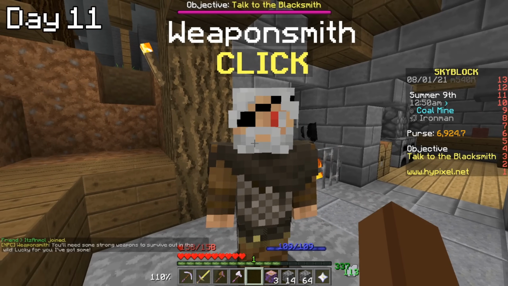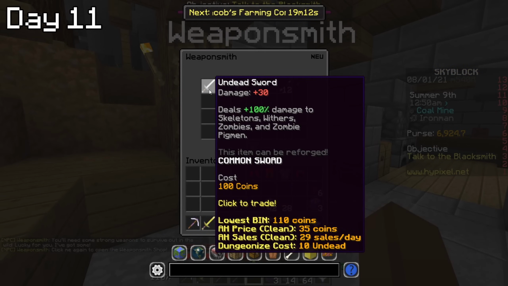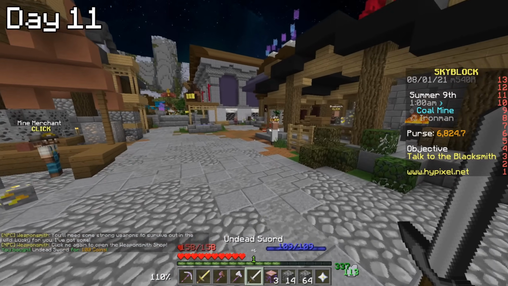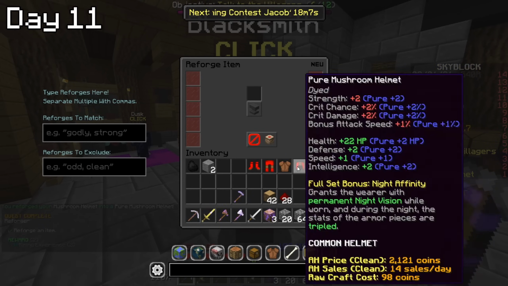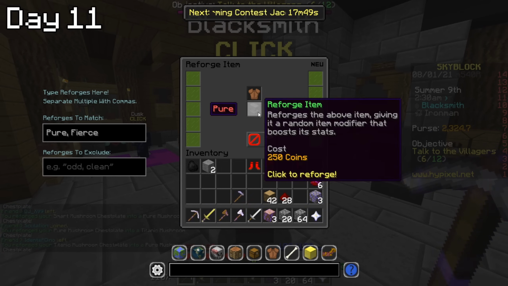Anyways, day 11 started, and well, I went down to the weaponsmith to get another sword, which was the undead sword, and I thought that this might be better than the rogue sword for us when grinding out. And I also went ahead and decided to do a tiny bit of reforging. I just put random reforges on it, so we're a tiny bit stronger,